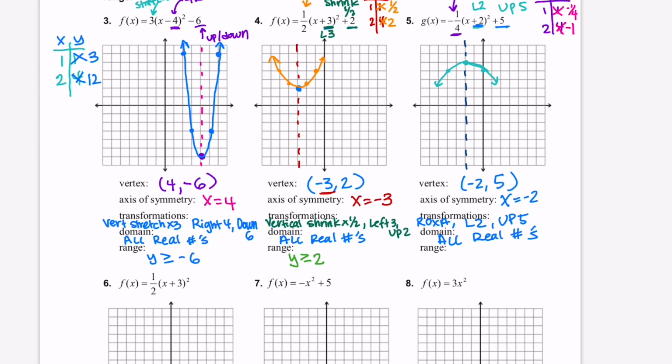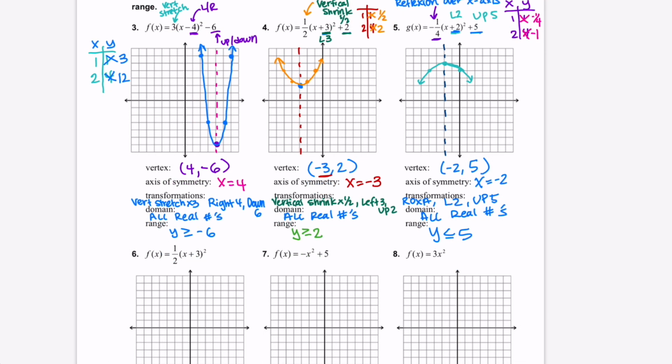Okay, our range is starting here. We have 1, 2, 3, 4, 5 is the highest point. So it's everything below 5. Y is going to be less than or equal to 5. We have this 1/2